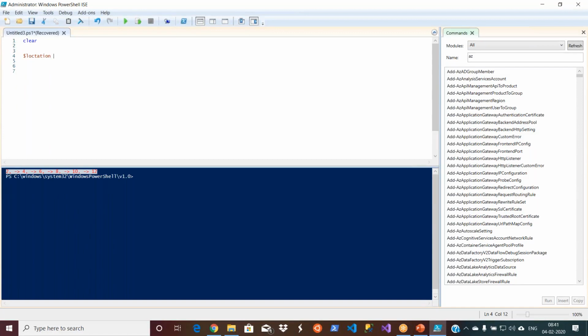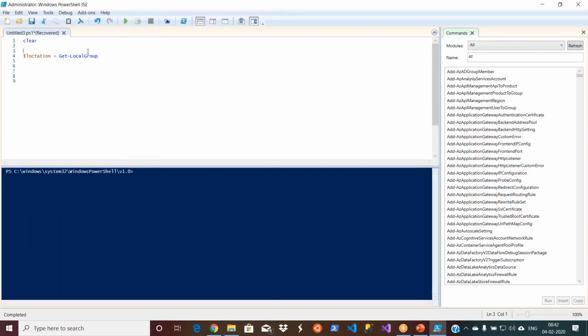So if you want to assign... right now in my $location variable there is nothing, because when I executed this one, my command prompt, the output window, is empty here. So I can keep some content in my variable as well. How can I save it? Equal to, then let us say the easiest thing is Get-Location or anything, let it be.